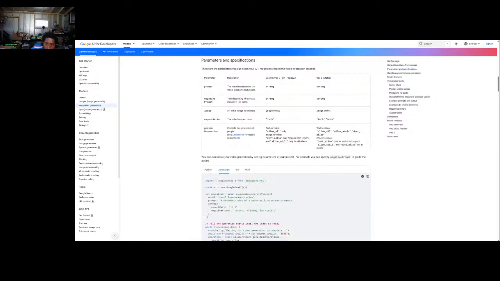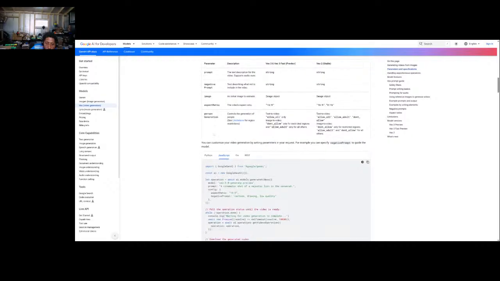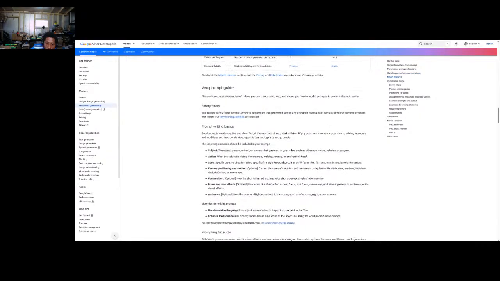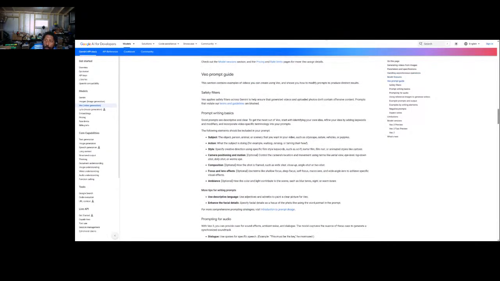Okay, so, oh, interesting. VO2, which is stable, you can do 16 by 9 and 9 by 16. Maybe that's why my thing didn't work, because it's a square image? I'm not sure. It's 16 by 9. But I kind of wanted to show what exactly I was trying to work on and see what came up for me, right?